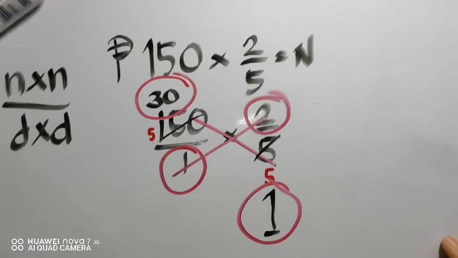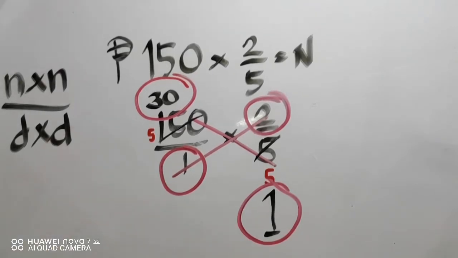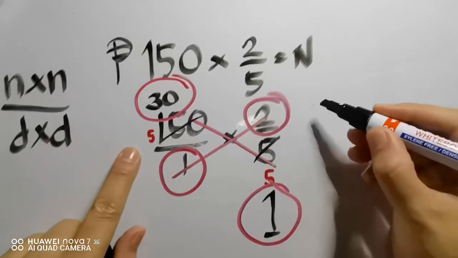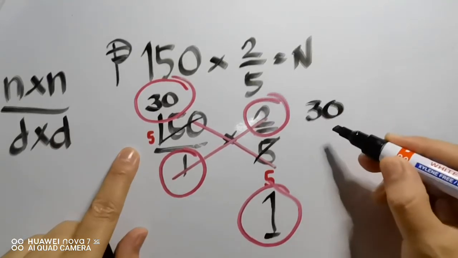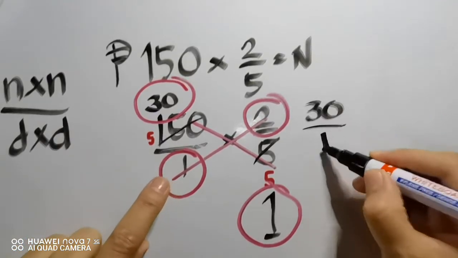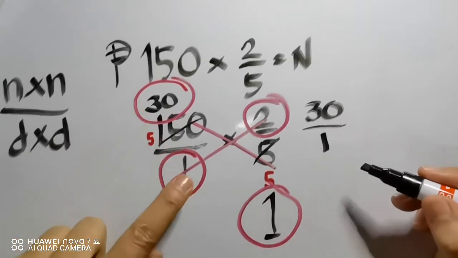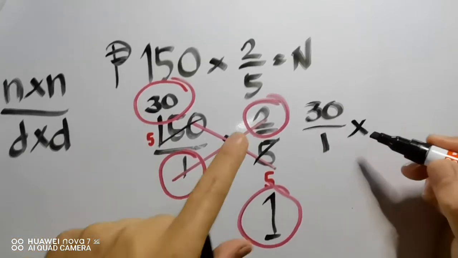Okay? So, ang natira sa atin na yun, yung mga may bilog. So, 30. Yan natin dito, 30. I-rewrite lang natin over 1. Ito na yan. So, 30 and then 1 times 2